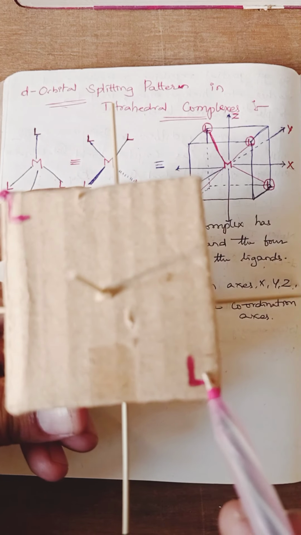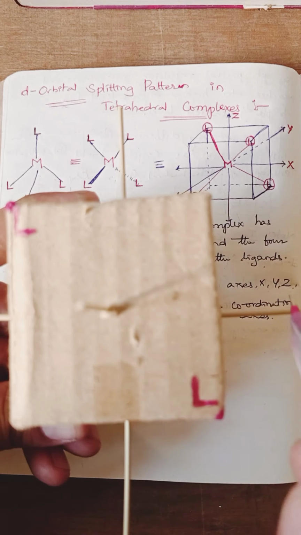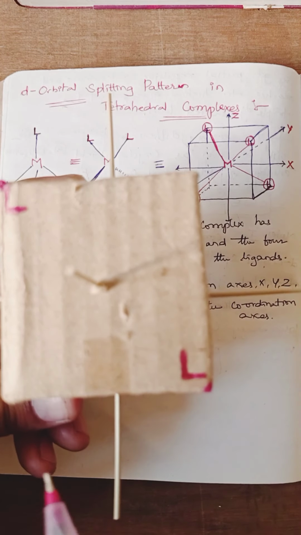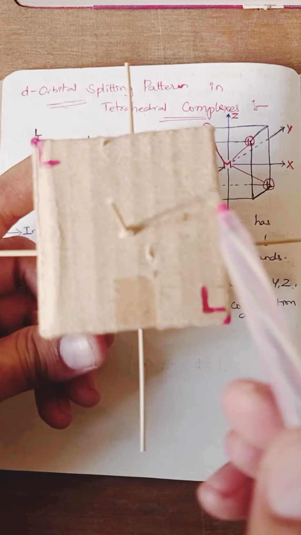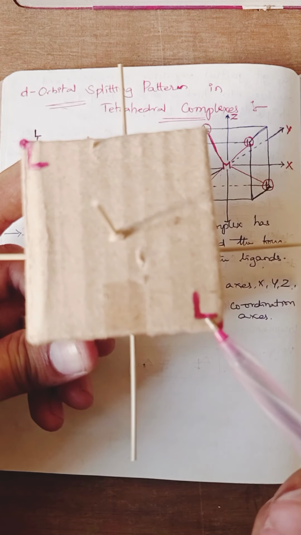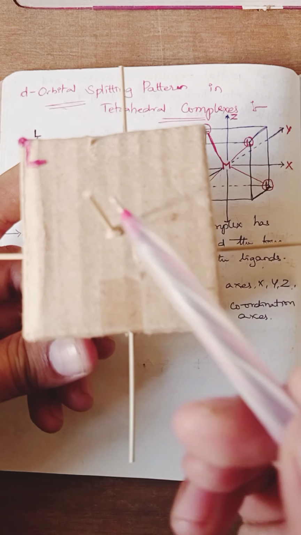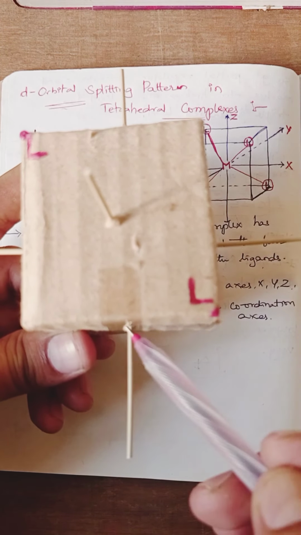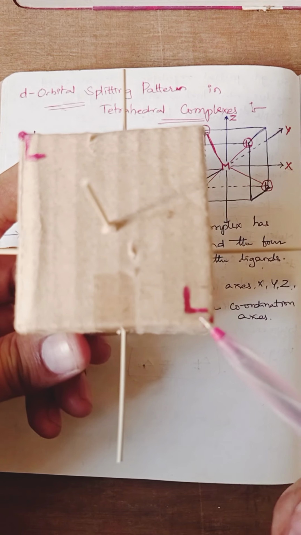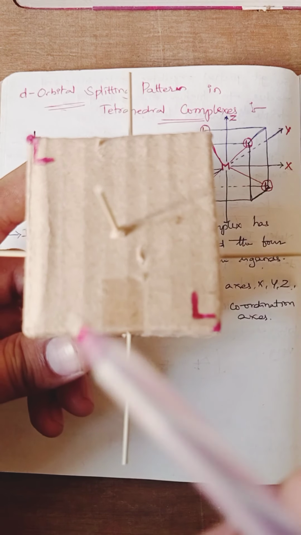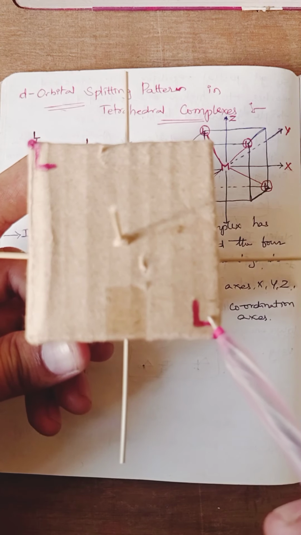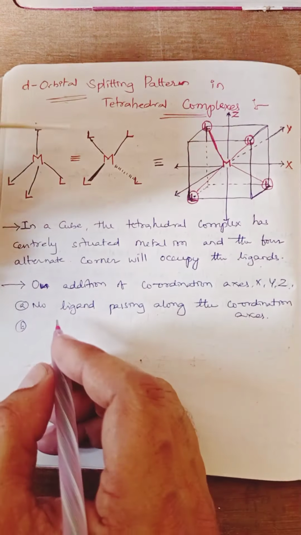What we can say is that the position of the ligand, with respect to the coordination axes, is actually in the middle of the three coordination axes, right? From here to here, from z, x, y, this position is exactly the same distance. Whatever distance it covers with respect to z, with respect to x, and with respect to y, it is the same. So with respect to all three coordination axes, it is occupying the middle position, right? So we can also say that